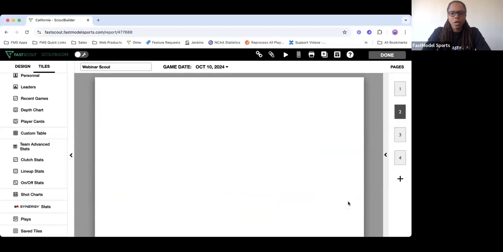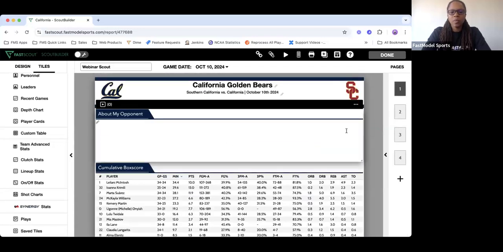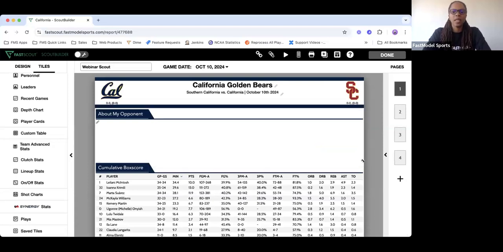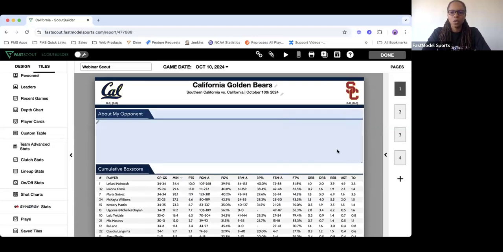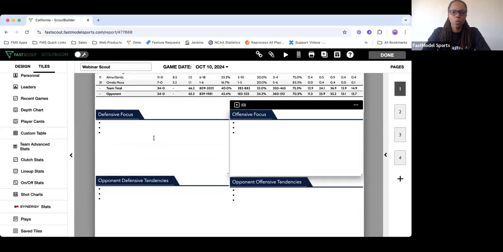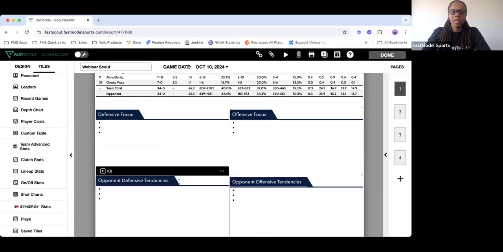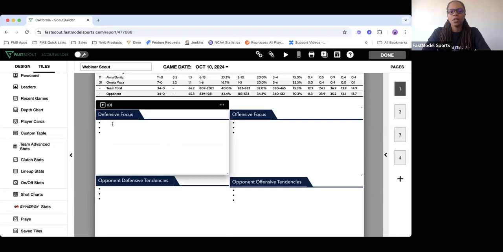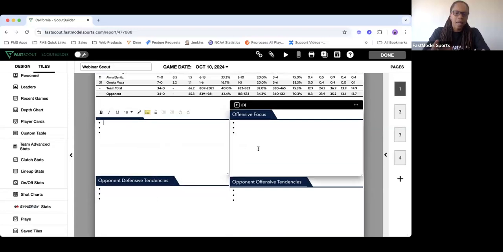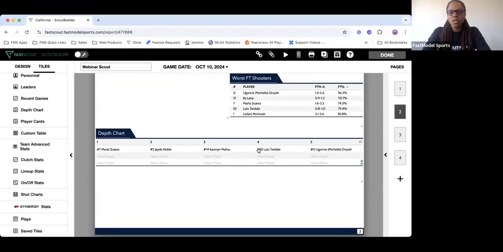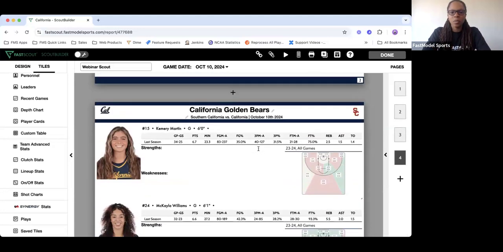All right, so as we talked a little bit about templates earlier, you want to come in here and just format the tiles how you want them to be every time that you open them up. You want these to be as blank as possible, because if you save a tile with actual words in here, then that populates each time and you have to delete it. So once you have this formatted how you want it to be,